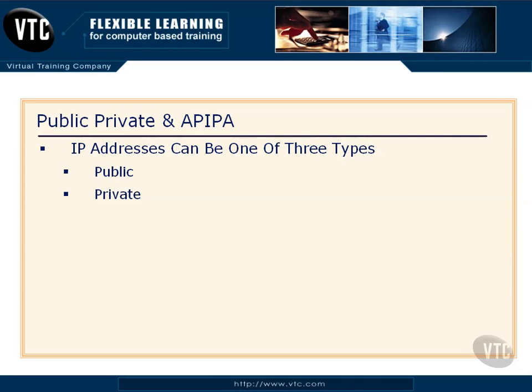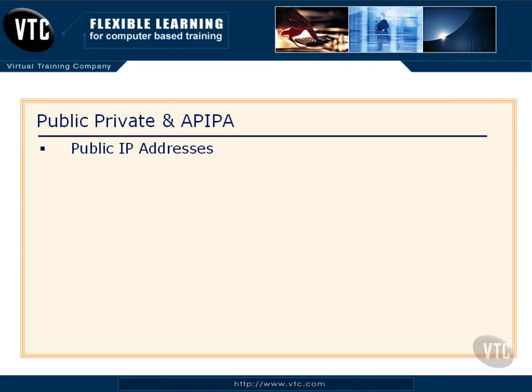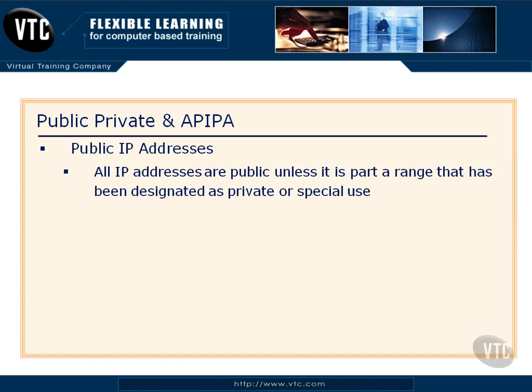Then there's private, which means just that, private, not on public networks. And then there's APIPA, and that stands for Automatic Private IP Addressing. Now you want to make sure you understand the significance of these, and let's just take a look at some examples. Public IP addresses. By default or by rule, all IP addresses are public unless those addresses are part of